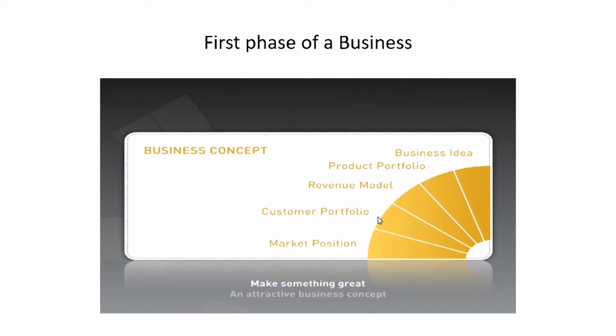Now that we are done with your revenue model, we're going to look at your customer portfolio. Under customer portfolio, we focus on who you are selling your products to. Who are your customers? In school, they would say, who's your target market? That's where target market comes in, your customer portfolio. And then after customer portfolio, we looked at your market position. That is the number 5 focus area.